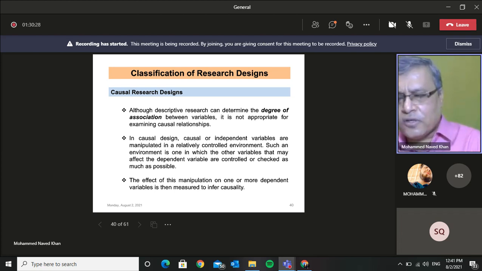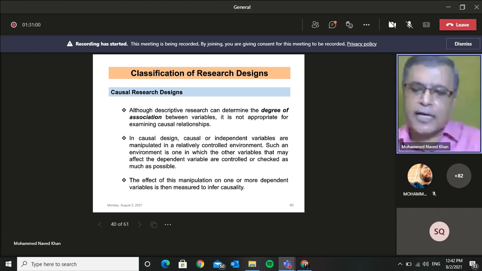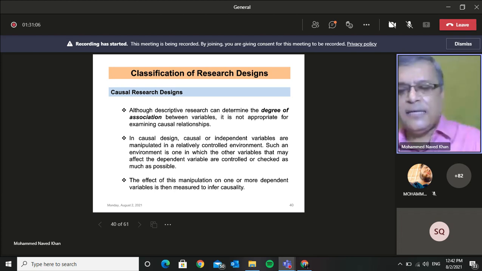As far as causal designs are concerned, remember that they are based on experimentation. Here we are trying to study the nature of association, to find out how exactly variables are related, and what we do is manipulate some of these variables. In these designs, we may be manipulating the independent variables in some controlled environment. Of course, if we are not going in for a controlled environment, then we will not be clear what the manipulation in the independent variables is. And then we try to study the effect of this manipulation in terms of how things are changing vis-a-vis the dependent variables.